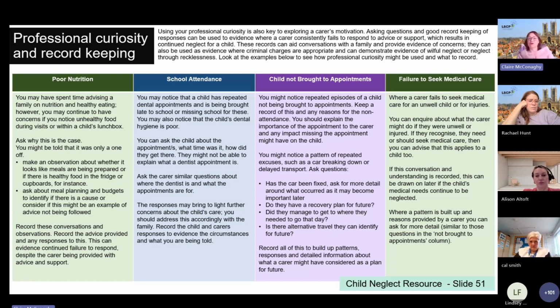And these are some areas on slide 51, highlighted for encouraging professionals around curiosity. You may want to consider some of these examples to explore. It covers things like poor nutrition, going into fridges and cupboards, and how you can sensitively manage these, or how people feel about that. It's about heading off any of those uncomfortable areas of practice, and practice may be something that desensitizes the practitioner to some of those uncomfortable feelings, and is able to break those barriers in terms of practice.